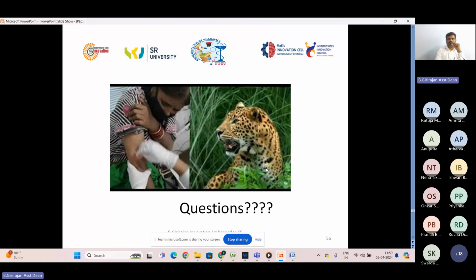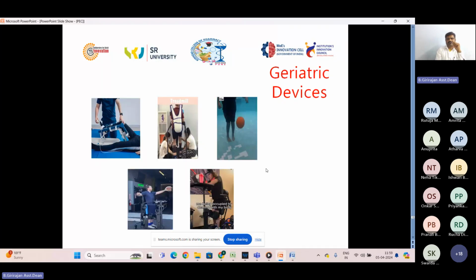And we can have special children. One of our partner organizations is dealing with special children, where 43 special children are studying. They are not able to take the pen and write. They get angry, they are in their own way, and they don't concentrate on studies. So we need a solution for this. The physiotherapists and the pharmaceutical students can combine, make a team, and provide solutions for them.